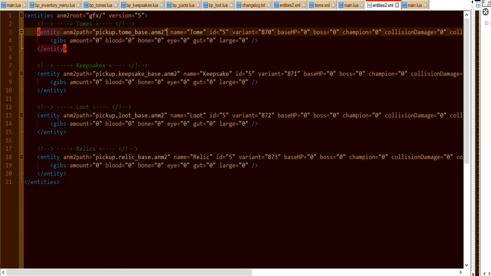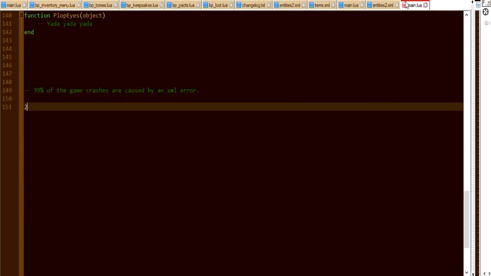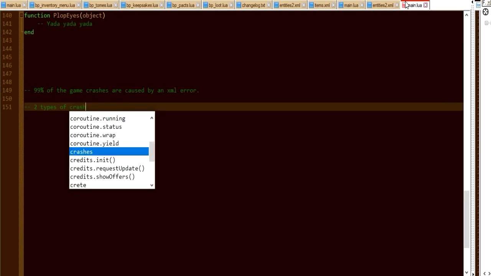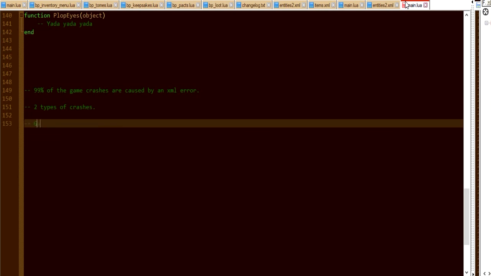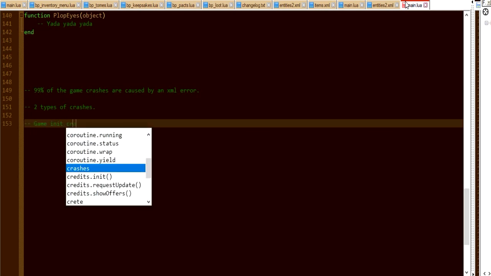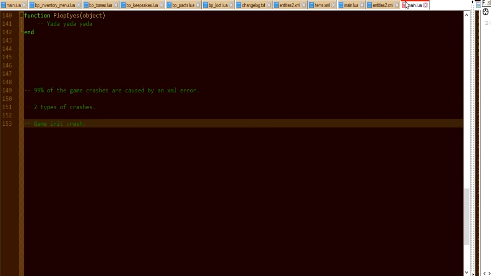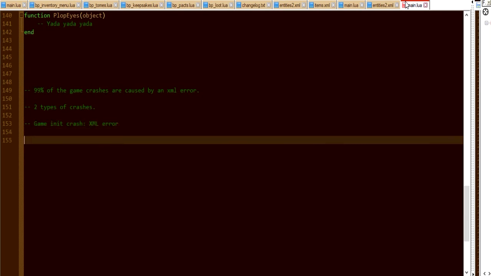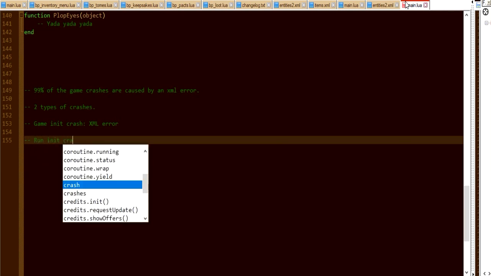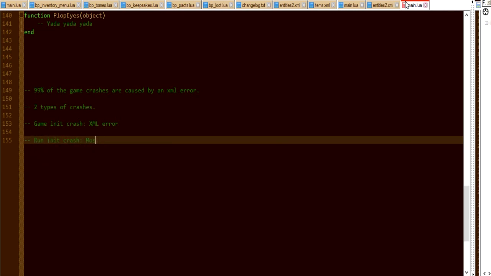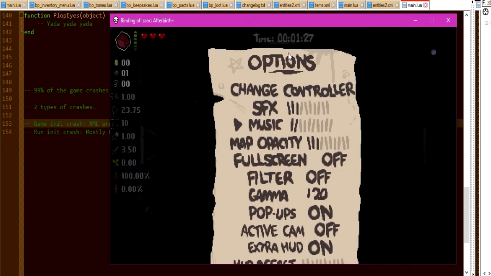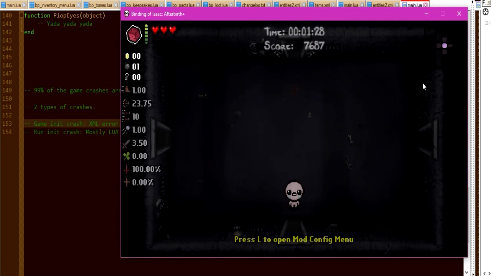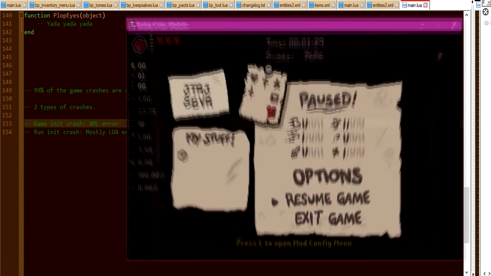So whenever your game crashes, there are two types of crashes. There's game init crash, which is always caused by an XML error, and there's run init crash, which is mostly caused by a Lua error. Now you have to keep this in mind. If the game crashes when you boot it up, let's say if I boot it up right now,